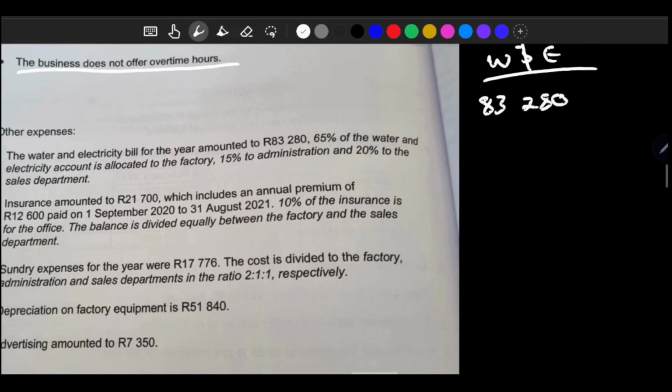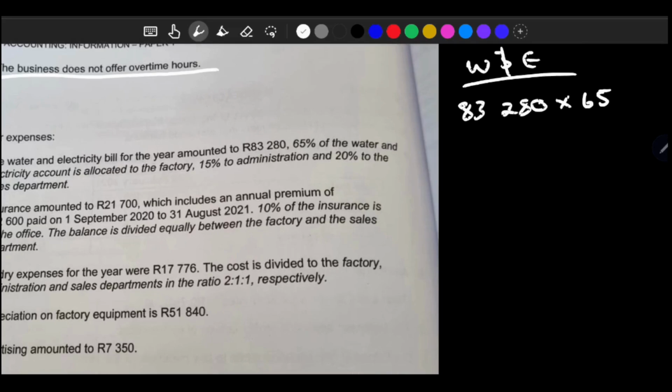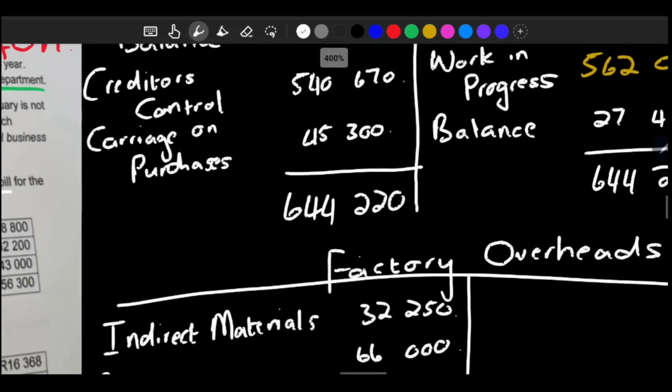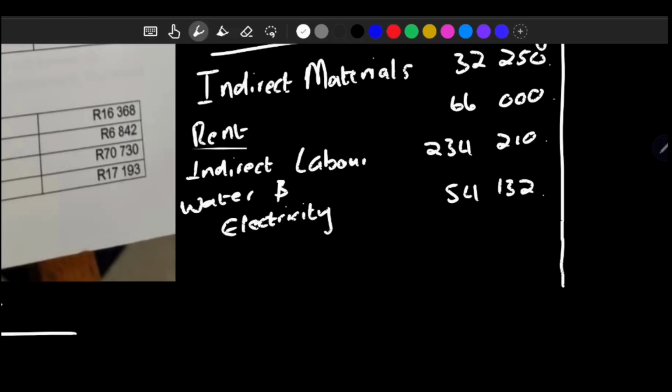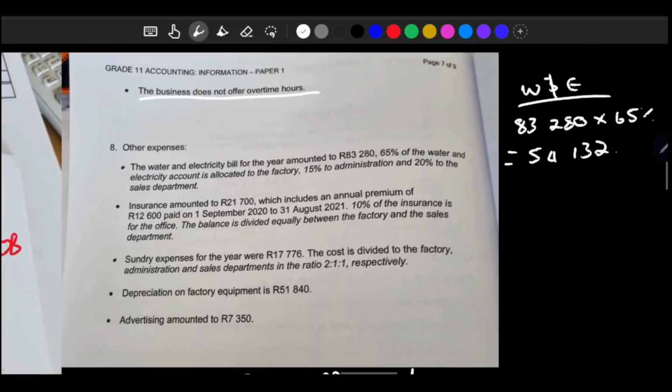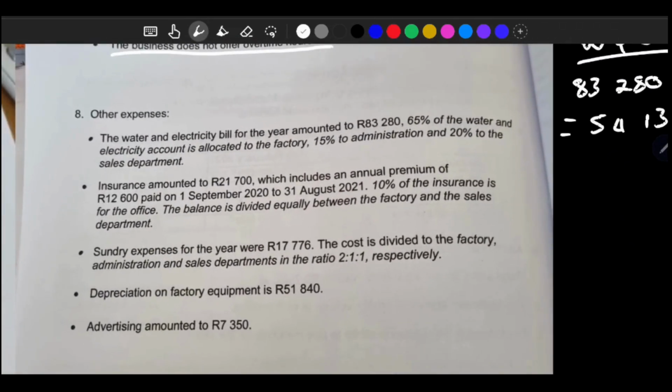83,280 multiplied by 65%. Only one factory cost, 65%, and that gives us 54,132, right? So we'll come here, factory overhead, and say water and electricity, which is 54,132. Right. Next bullet point, insurance amounted to 21,700, which includes an annual premium of 12,600 paid on 1 September